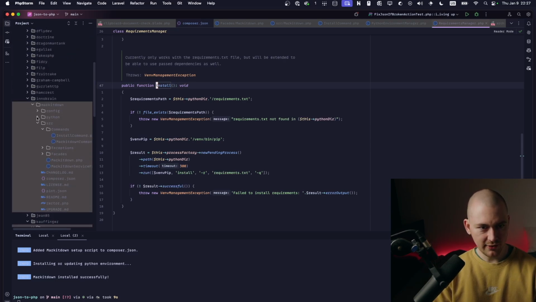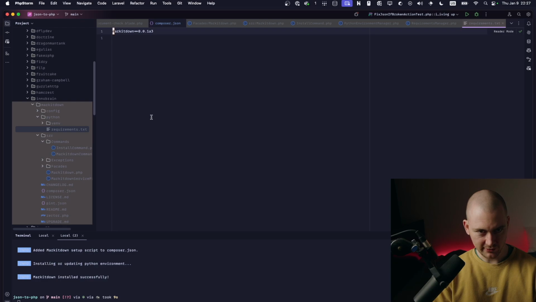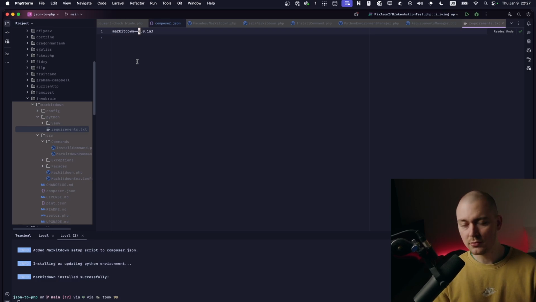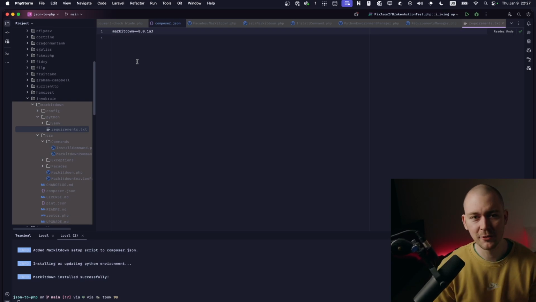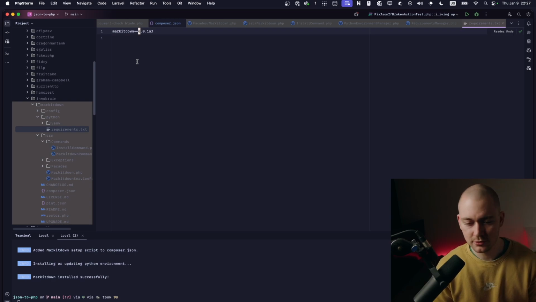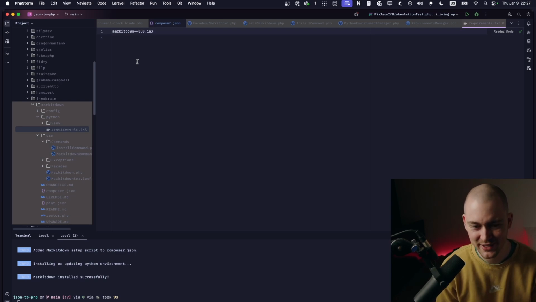So you can see in the Python folder we have the requirements.txt, and currently we're fixed to version 0.0.1a3 for Markdown, but we could update that and then ship a new version, and people could download it and would be automatically put on the new version of Markdown. So actually this enables me to, whenever I need to, require a Python package and call it directly from PHP,